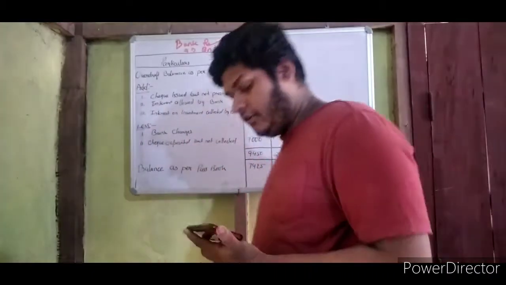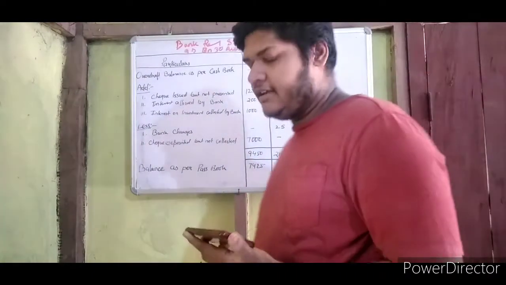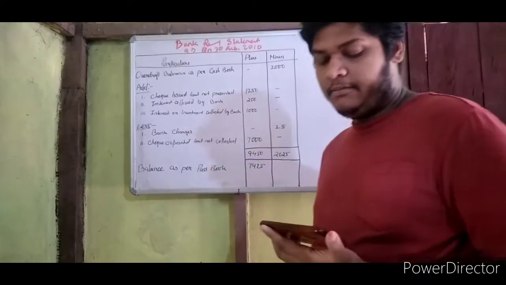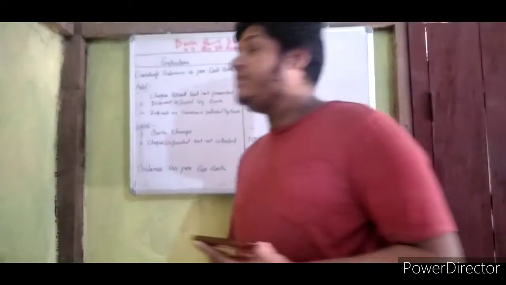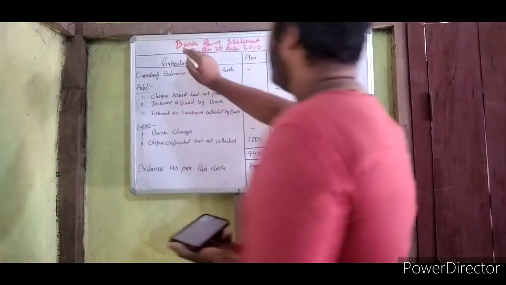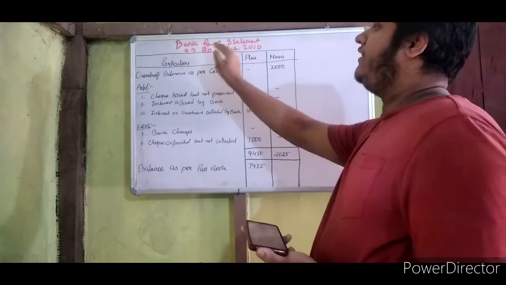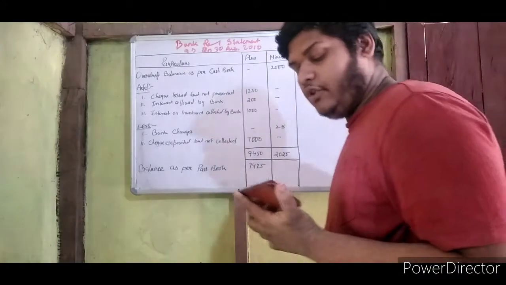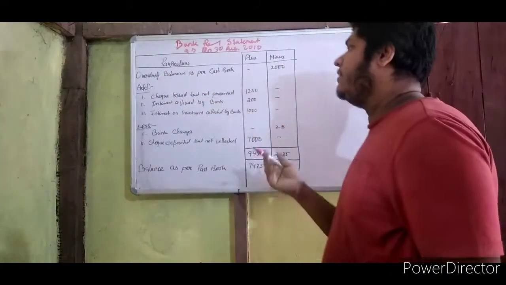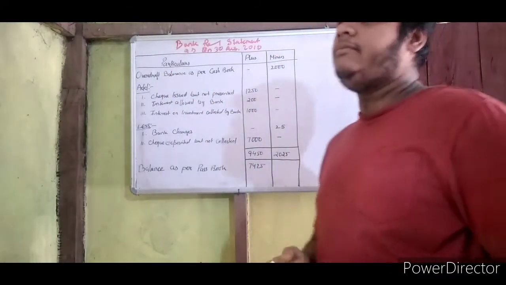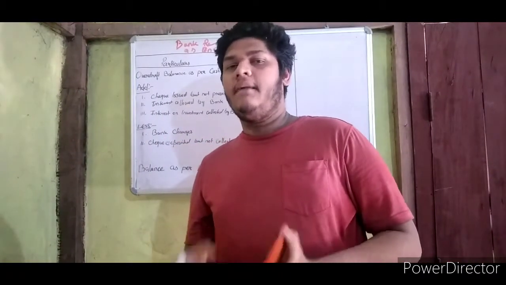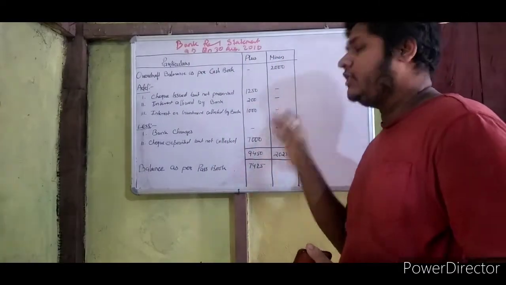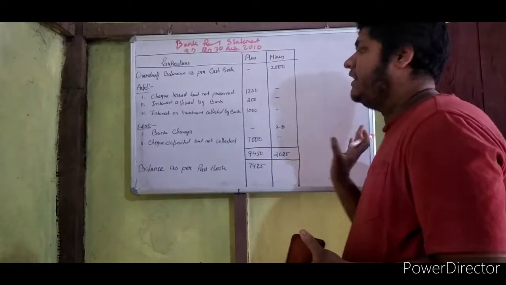Okay, so here the question is, prepare a bank reconciliation statement, bank overdraft as per cash book on August 30, 2010, and the amount is rupees 2000. So now I have to write the bank reconciliation statement as on 30 August 2010. Overdraft balance, as you know, we have to write as per cash book, and whenever it is overdraft, whether cash book or passbook, you have to write the amount in the minus column. Overdraft means minus column.